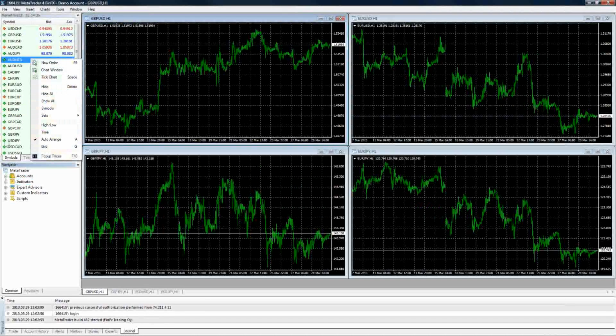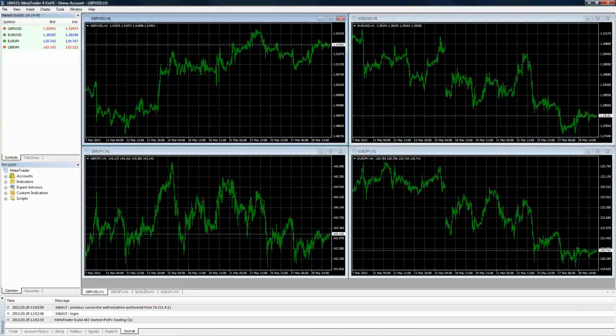You can actually right-click on a currency pair, and then go in and choose Hide All. What that's going to do is hide all just gets rid of everything else that you don't need in there.